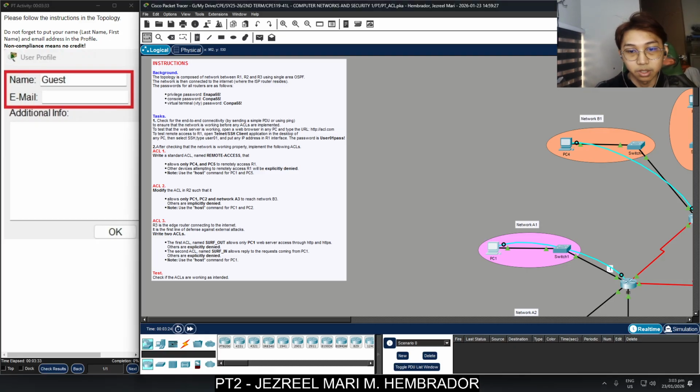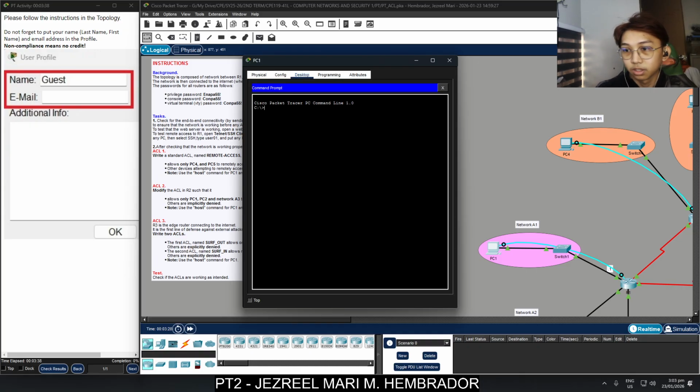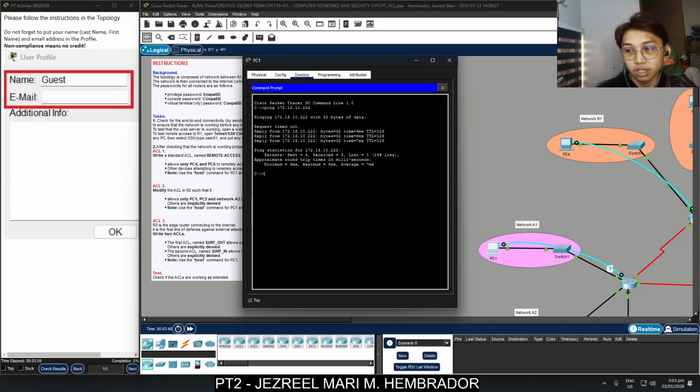So we click PC1, desktop, command prompt, and then we're going to ping PC6, which is 172.16.10.222. So let's wait. As we can see, the ping is successful, confirming that the routing is working.